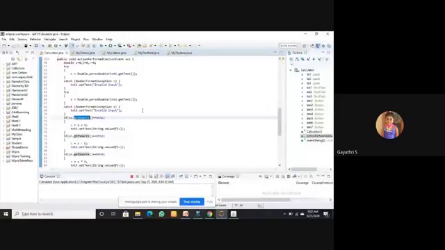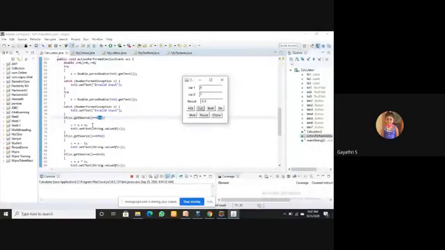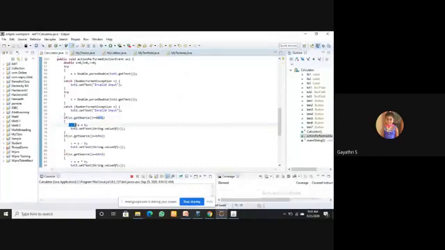So if getSource is equal to button one, which is about addition, perform the addition operation. While displaying, you should convert this into string. a plus b, the result, is in the format of double.